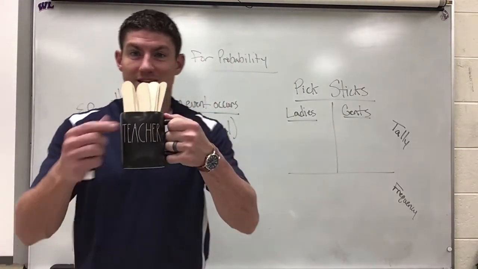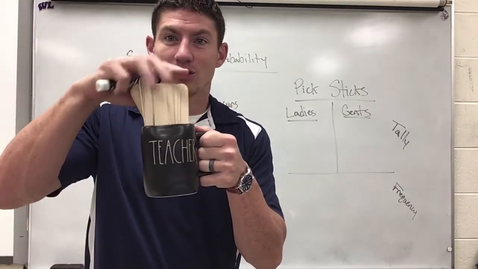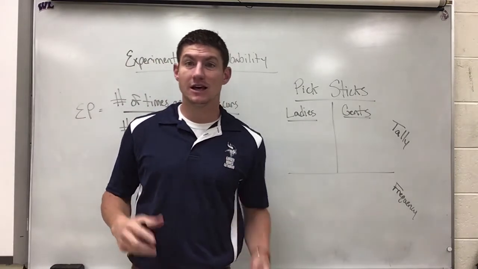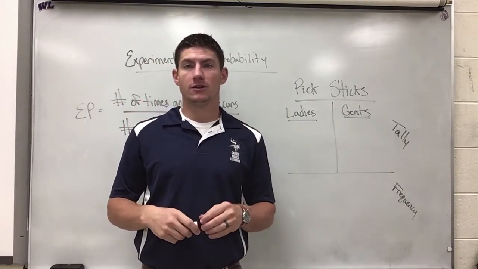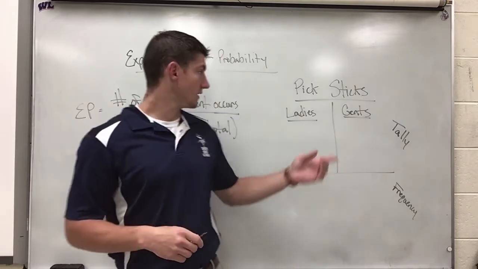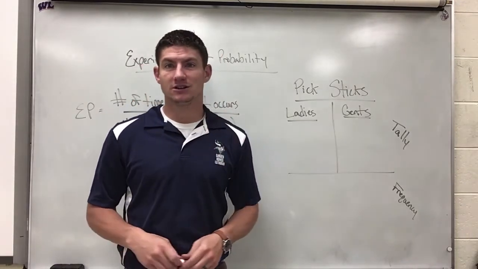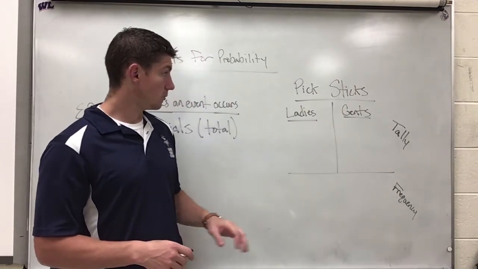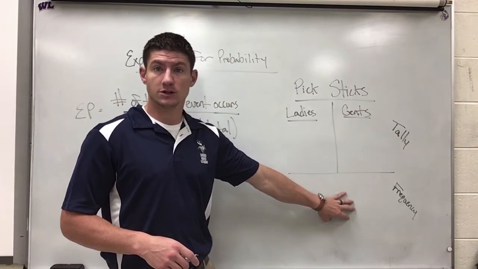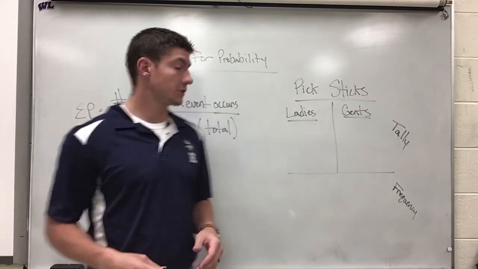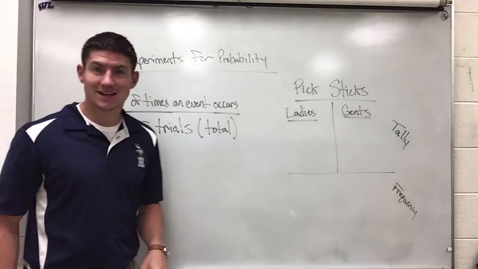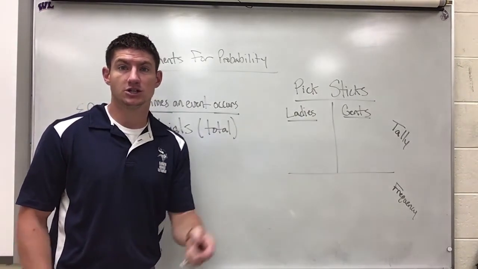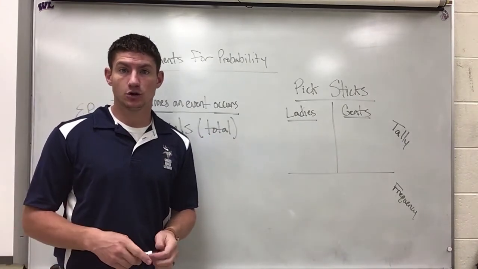I've got my fancy teacher coffee mug here, and I've got all your names on these sticks. I'm going to choose one of those sticks. That is the outcome that we're looking for, and the two different possibilities are whether a lady or gentleman finds their name on that stick. We'll keep track of those. I won't do all of them, so you won't all hear your name called, but we'll tally those and calculate the frequency. From that frequency, we can figure out experimental probability by putting those into a fraction. And lastly, you have to be able to turn those fractions into a decimal and those decimals into a percentage, to work with probability in its full scope and sequence.